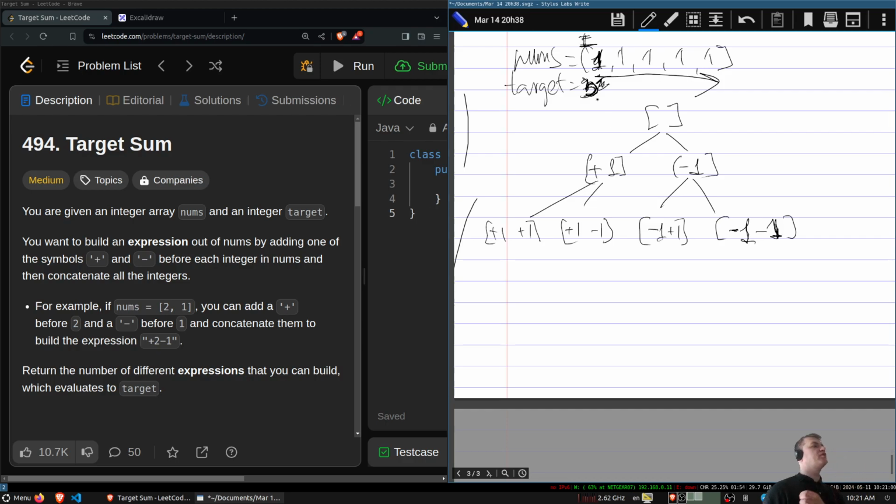How to do this more efficiently? Given that I have a target, I can do the following. I can skip, if I'm going to +1,